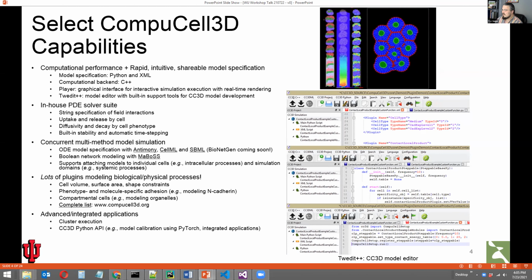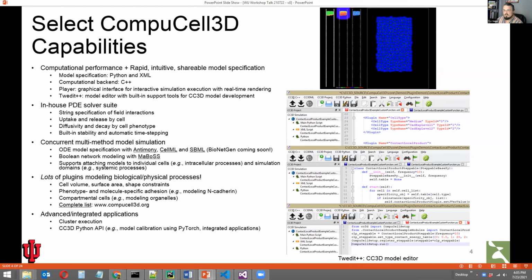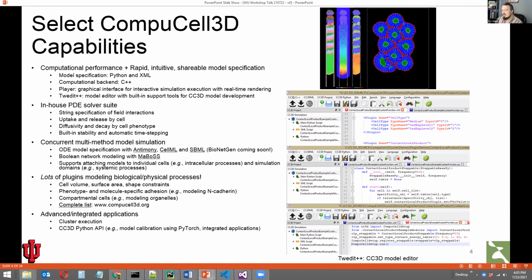We've done a lot of work with CompuCell on integrating additional simulators, including libRoadrunner, and we support model specification in Antimony, CellML, and SBML, where it's possible to take, say, an ODE model that's been specified in Antimony, as if it were written in Tellurium, and then create instances of those model simulations and attach them to cells or attach them to a spatial domain to be able to do things like multi-scale modeling, say with an ODE model that describes intracellular processes that can then be attached to individual cells and coupled with its conditions,